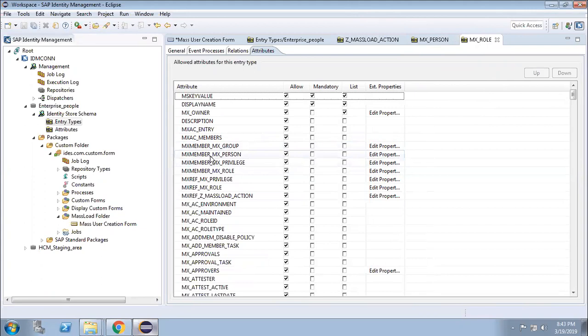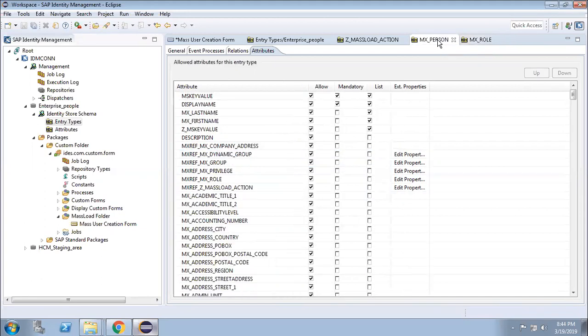MX member, MX role, MX person. Whenever you get that MX member, that means this entity type is the superior of that other entity type.